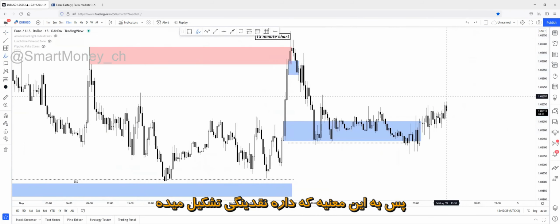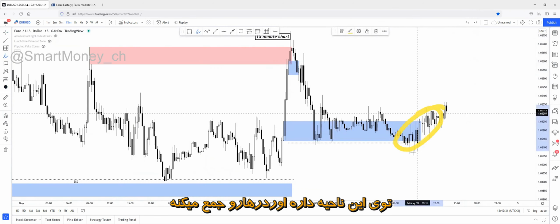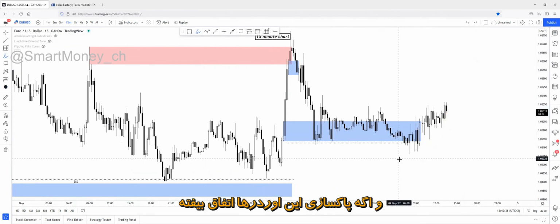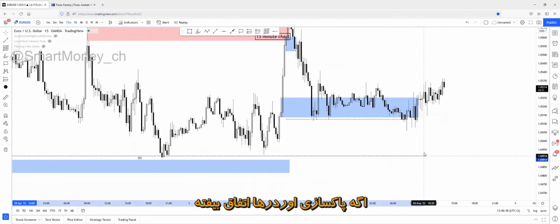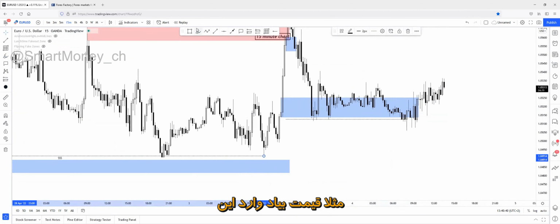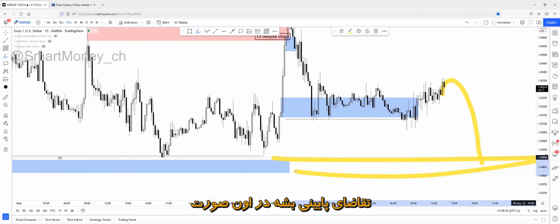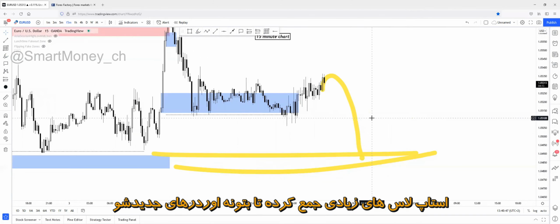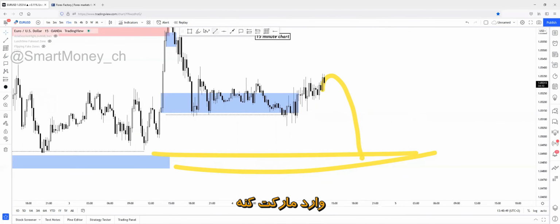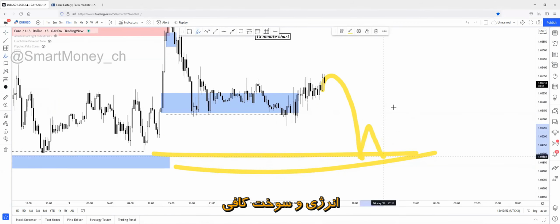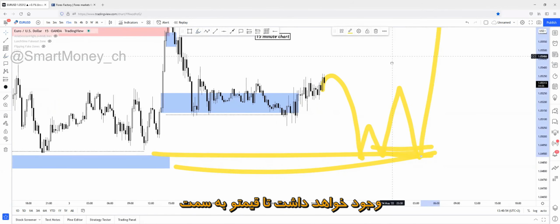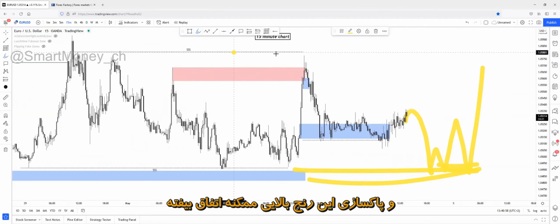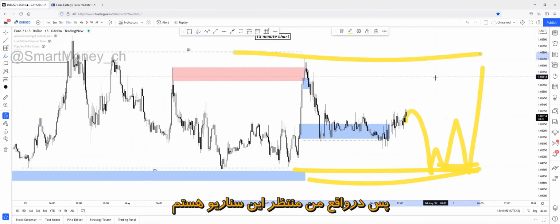So it means that it's building up more liquidity, collecting more orders at this region to sweep those orders. And if the sweep of these orders happens, and for example, price sweeps this deeper demand area right here, then it will collect enough liquidity, enough stop losses to place new orders into the market. And if the new orders are placed into the market, there will be enough impact, enough fuel to actually push price to new price action regions on the upside, and the sweep of the upside range can happen. So I'm actually expecting this scenario.